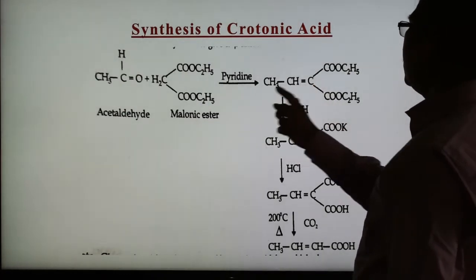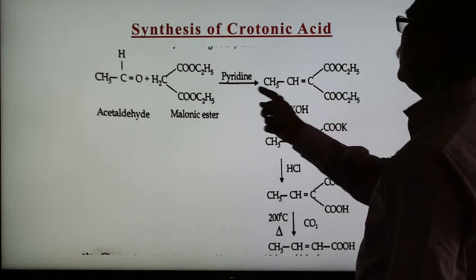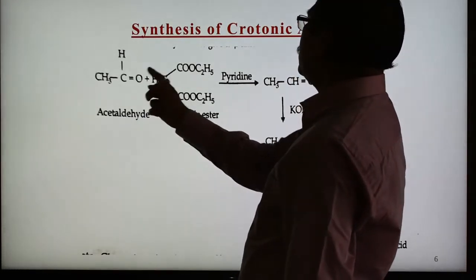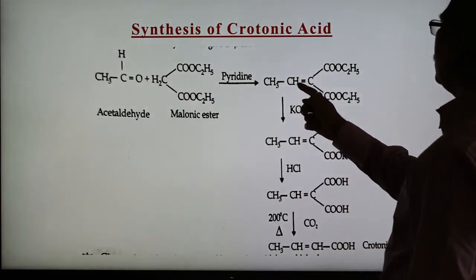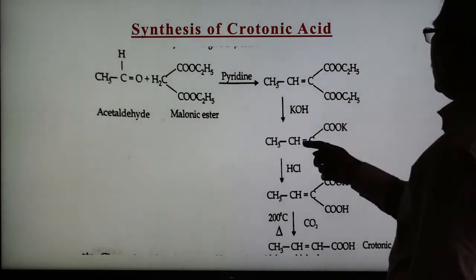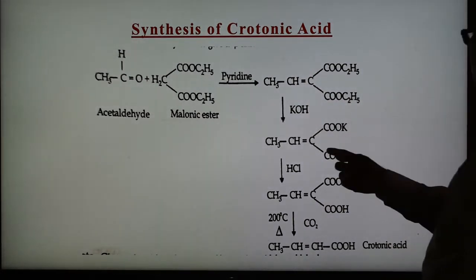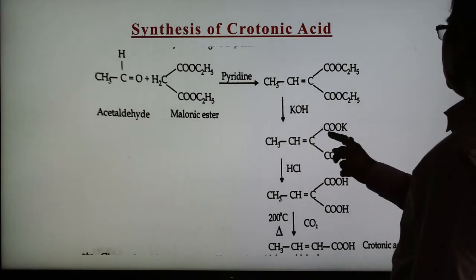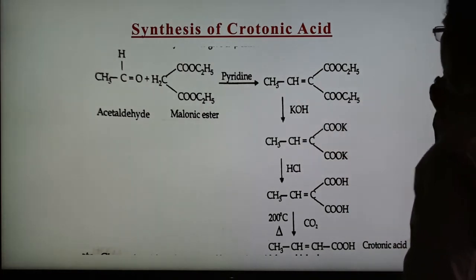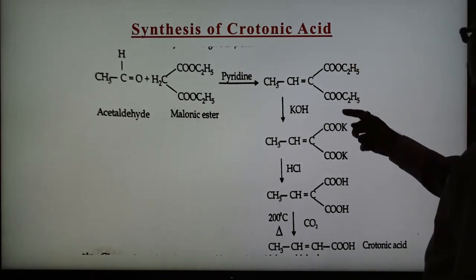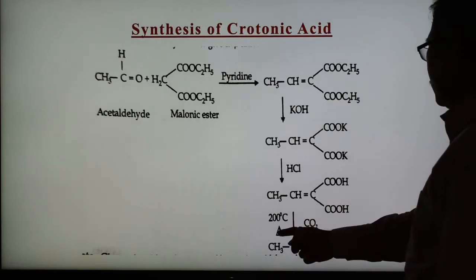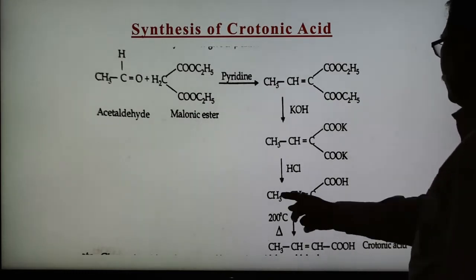So this group is attaching here, CH3, and this H2 is replaced. H2O, and this CH3CH is attaching here. After that KOH reacts with this and forms this type of compound, CH3CH=C(COOK)2. After hydrolysis, C2H5O is replaced and K is here. Acidification, 2H are here, and after heating CO2 is replaced, and we get CH3